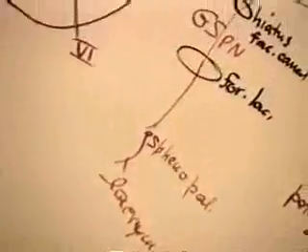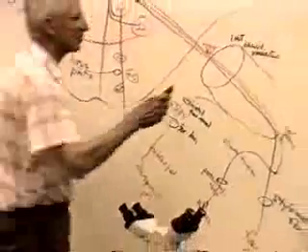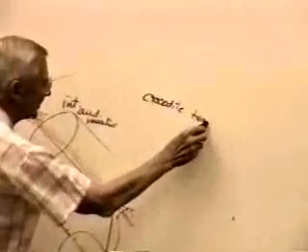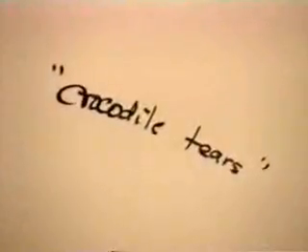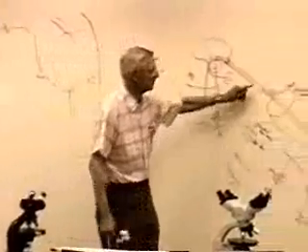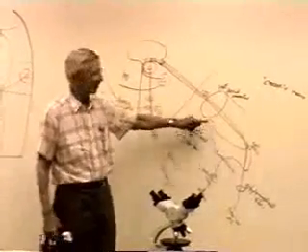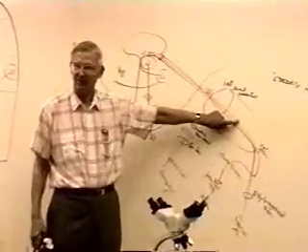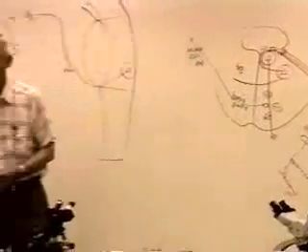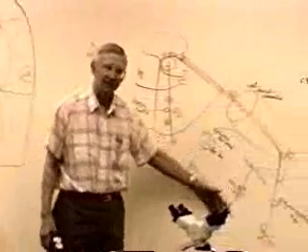And as I said, the main reason for associating these two functions, the main reason I can see anyway, is the syndrome of crocodile tears, which occurs when we have a fracture through the facial canal or some other destructive lesion that would usually produce a facial palsy as well, but transects these two autonomic systems. So when they regrow, they grow back, at least in part, to the wrong place. So that when one wishes to salivate, one cries,